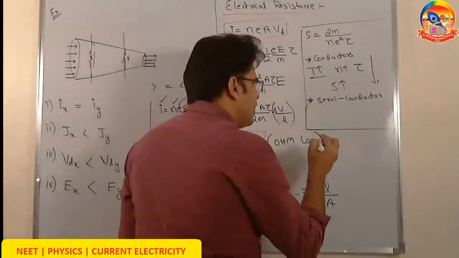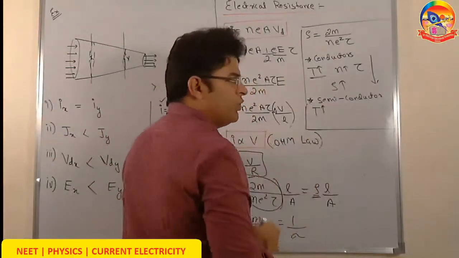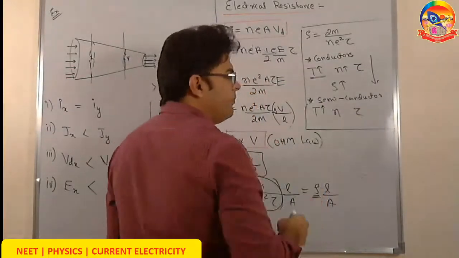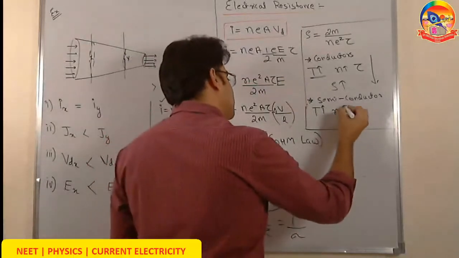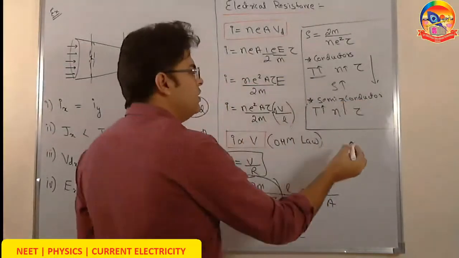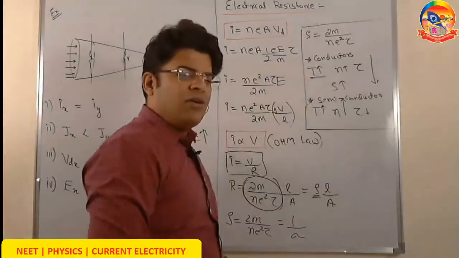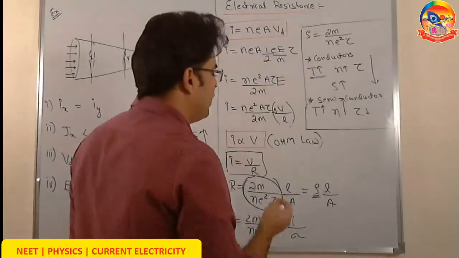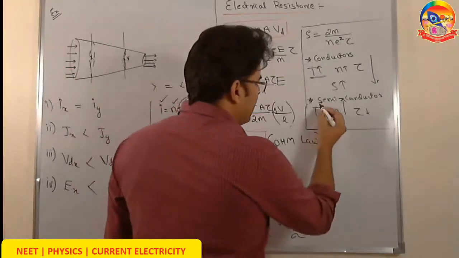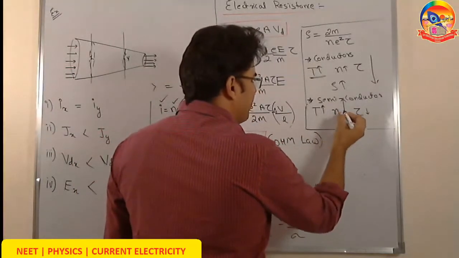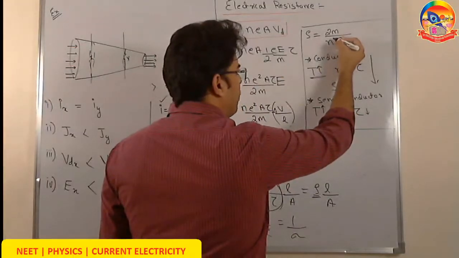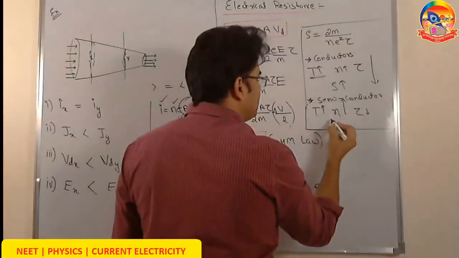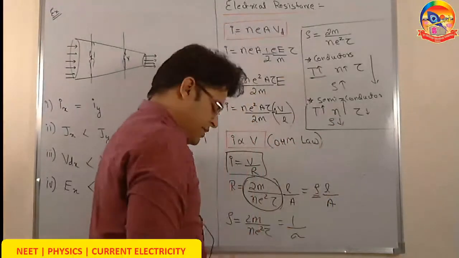In case of semiconductors also, as temperature increases, the number of free electrons increases and the relaxation time decreases. But the fractional increase in the number of free electrons is much higher than the decrease in relaxation time, because there are already very few electrons present in the conduction band. So in case of semiconductors, as temperature increases, the number of free electrons per unit volume increases and relaxation time decreases. So for semiconductors, as temperature increases, the resistivity decreases.